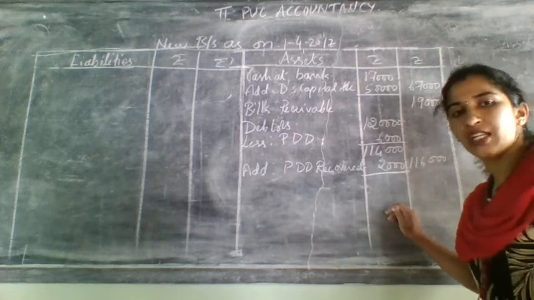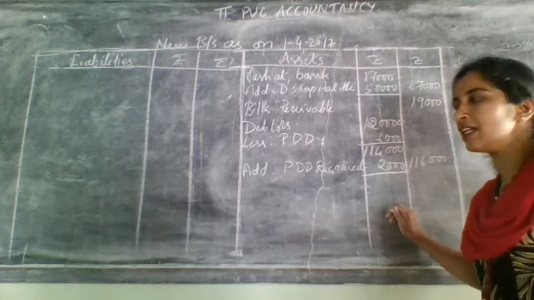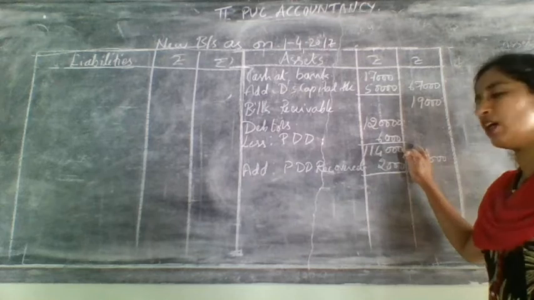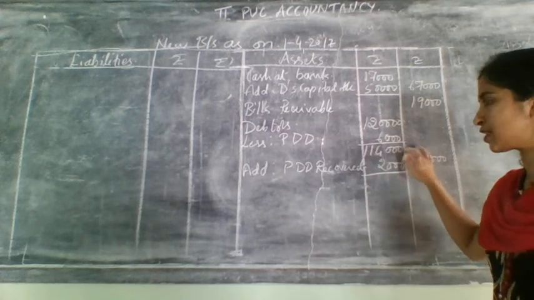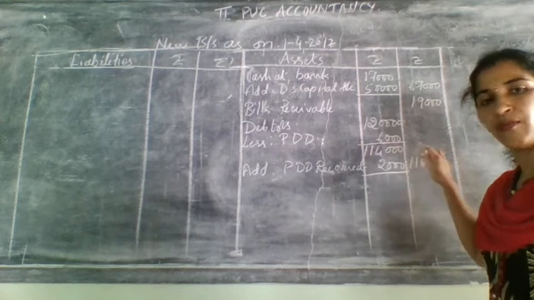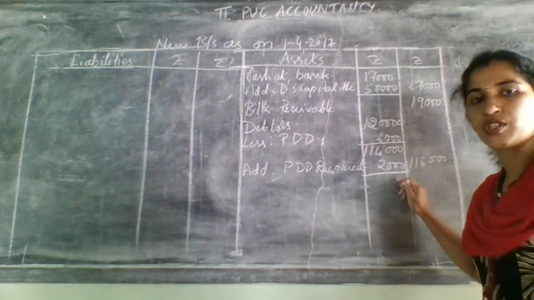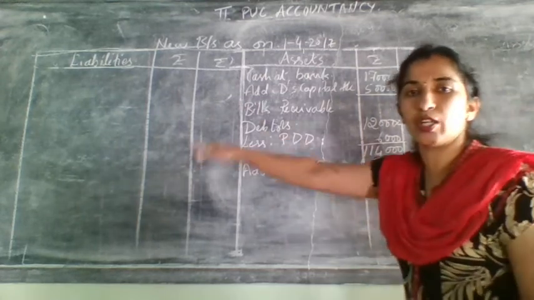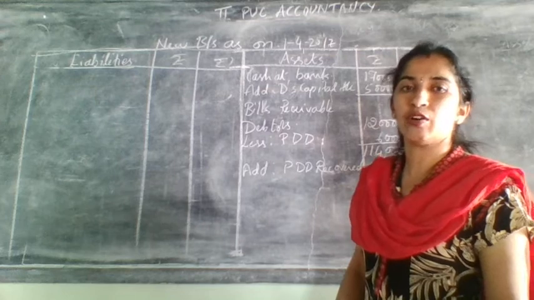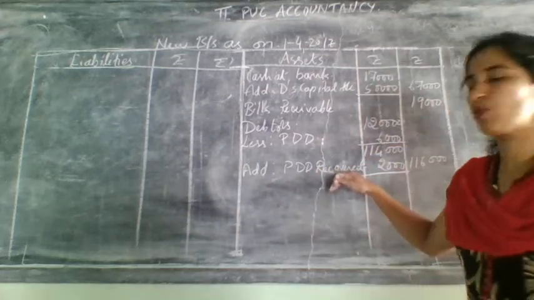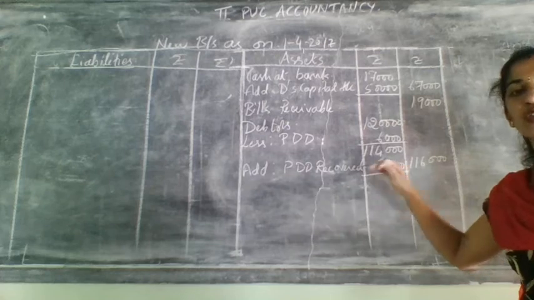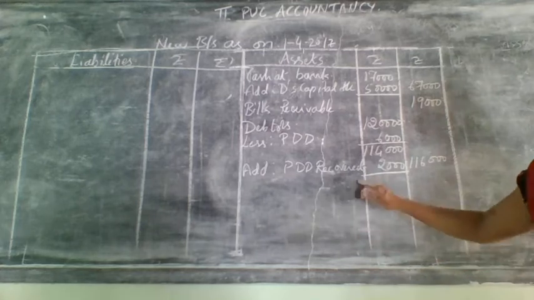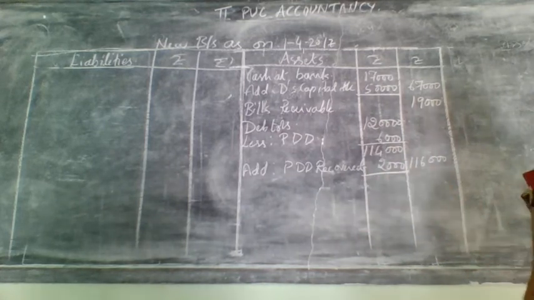Here the PDD was recovered. Recovered means it will be on the credit side. So that amount, recovered, means you need to add that amount to the amount you have here. After subtracting, whatever amount comes, you need to add and write. Suppose they had not given PDD recovered but increased by, it would be on the debit side of the revaluation account. When it comes on the debit side, you need to subtract that amount here, because you need to consider that PDD as new PDD. Okay, here it was recovered, so we have added it to the debtors adjustment.